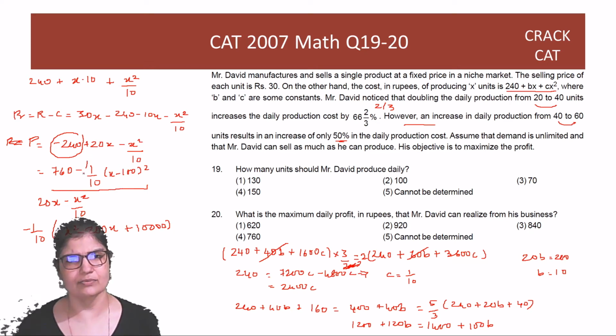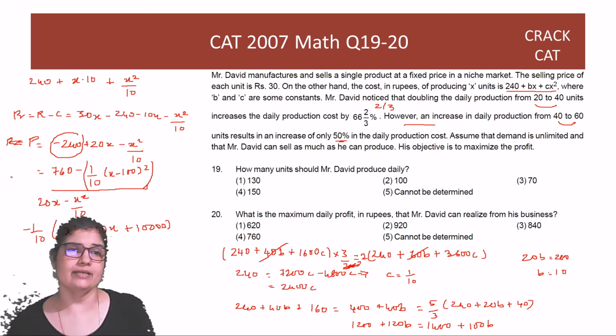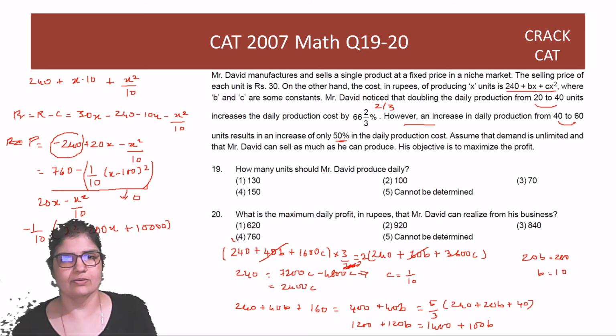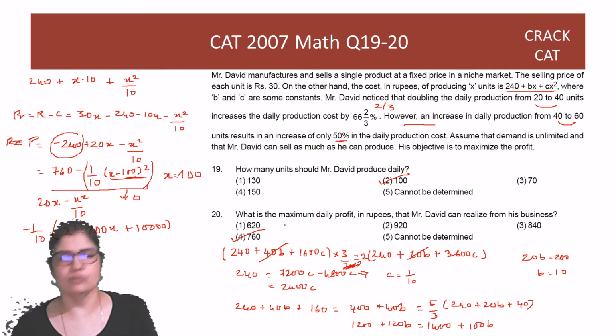इतना हिस्सा. This will either be 0 or more. It will be 0 or positive. So to maximize, right, to get the maximum profit, you'll keep the 0. Why will you make it positive? So if this is 0, that means the maximum profit is 760. And when does it become 760? When x is equal to 100. When this is 0, right? When is this 0? When x is 100. So answer is 19th ka second option and 20th ka fourth option, right?